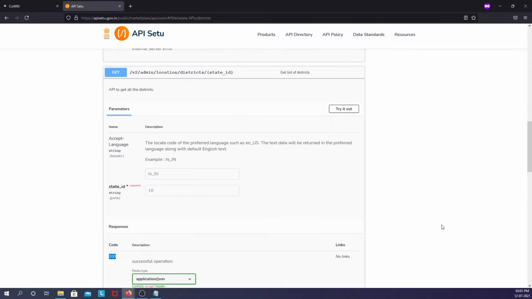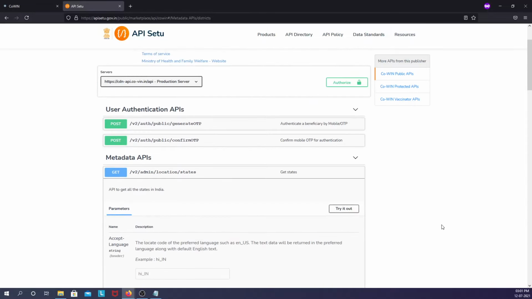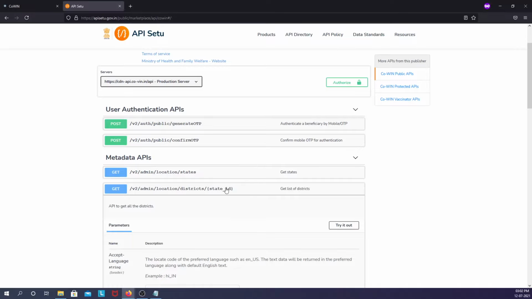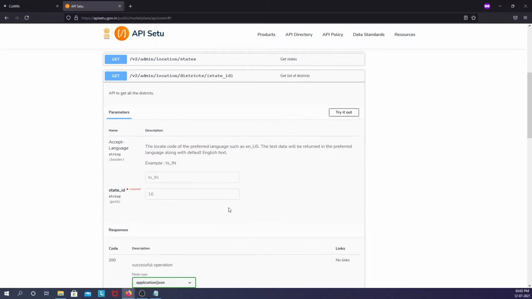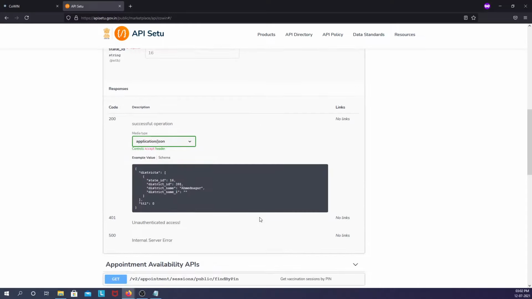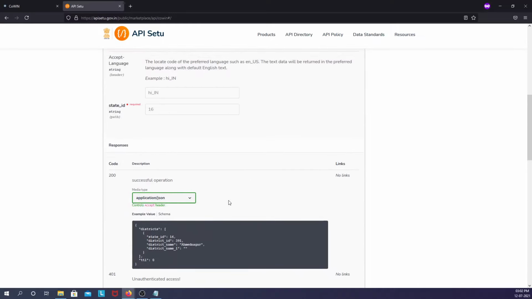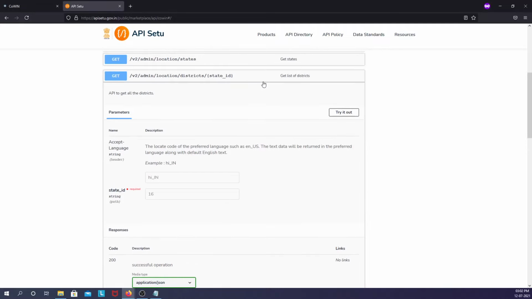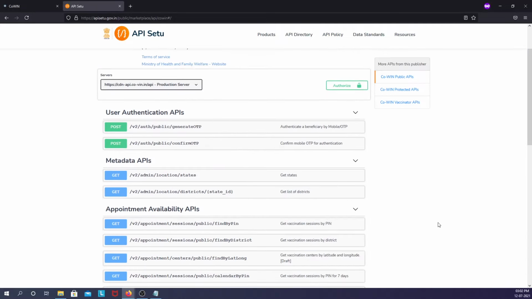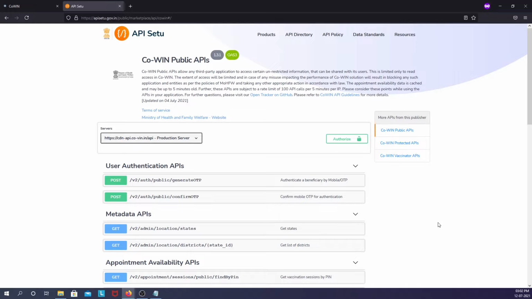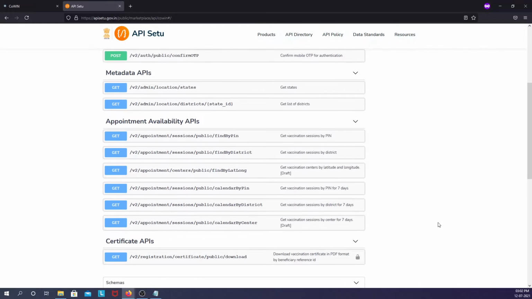So this is the documentation for this API, which can be easily read and understood by humans. It covers all of the API endpoints, the parameters the API expects, and the response the API returns when we invoke it. So this is the visual information about the API.